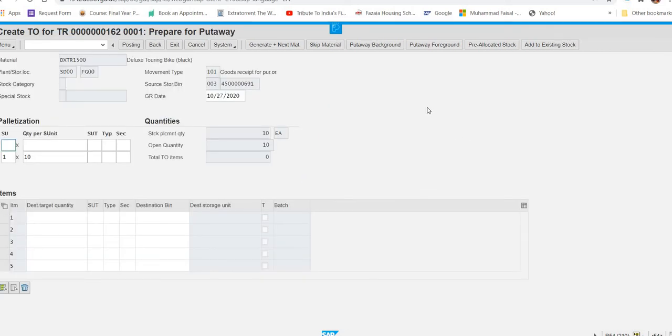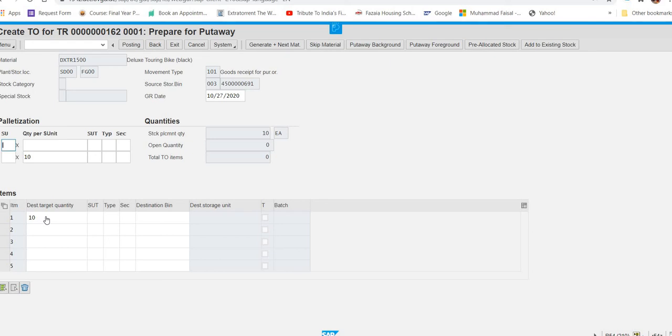Now once this screen is open, again this is the same step as we did it in the previous case 1. Now what they are saying, you are getting this item here, and when you press enter here, changes will be made from here. So what you have to do, you have to press enter here, and you can see the change. Previously it was showing 10, now it becomes 0, and that 10 has been moved to here.